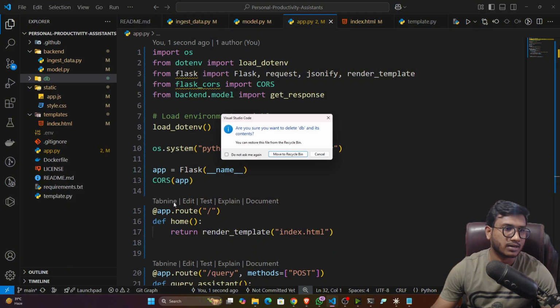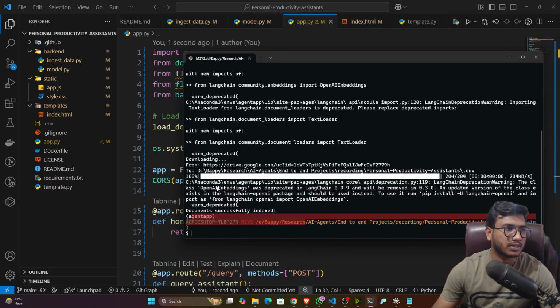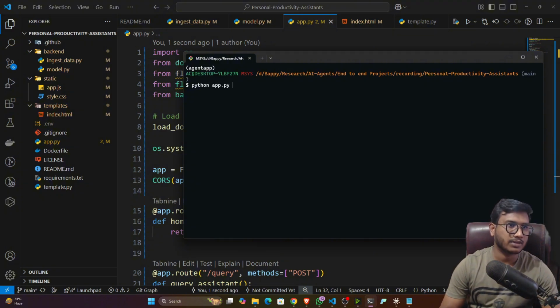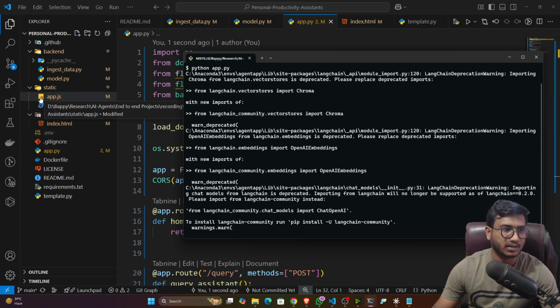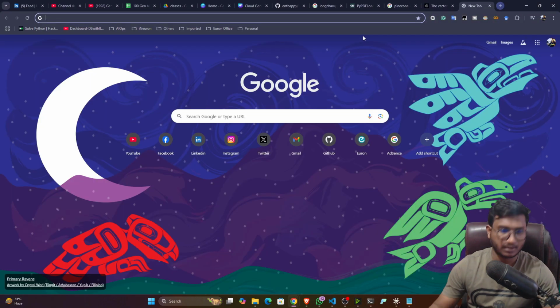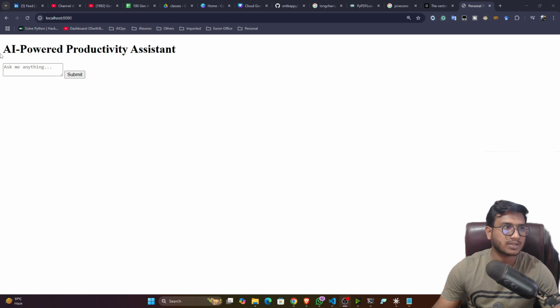First of all, let's delete the DB object. We'll create it anew. Now we'll open up the terminal. Now let's execute the app, python app.py. Now see, first of all, it will download that .env file, then it will create the DB object automatically. Now see, the application is running. Now if I go back and search for localhost port number 800,